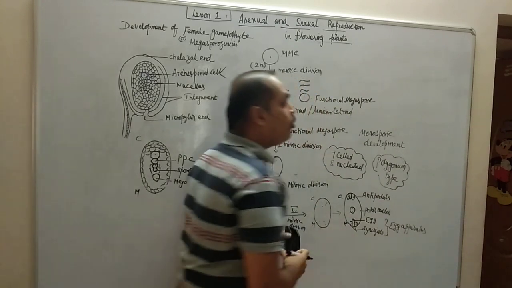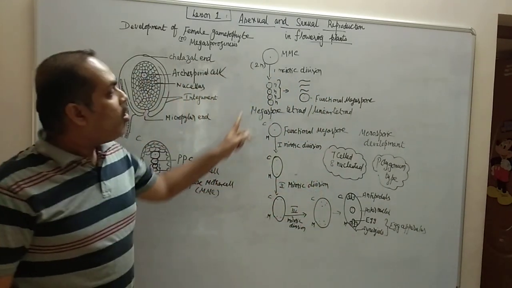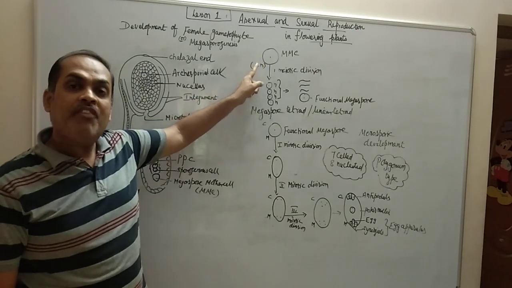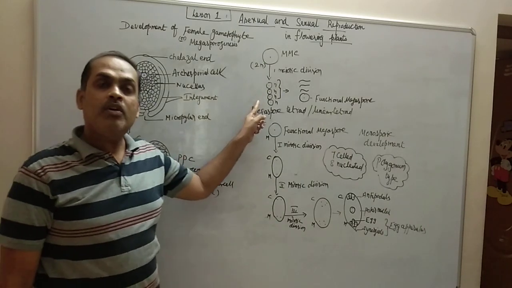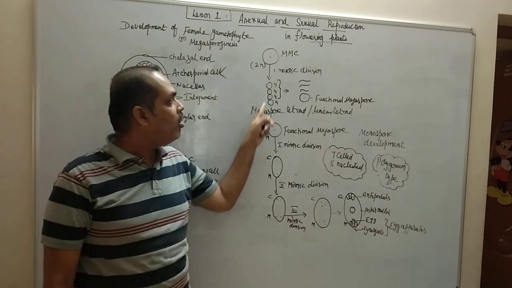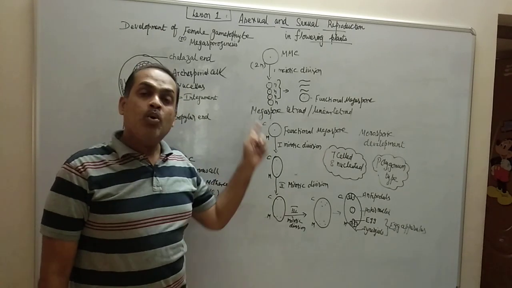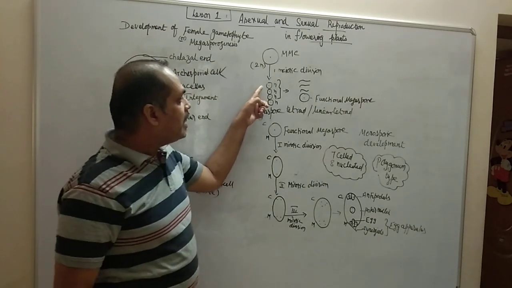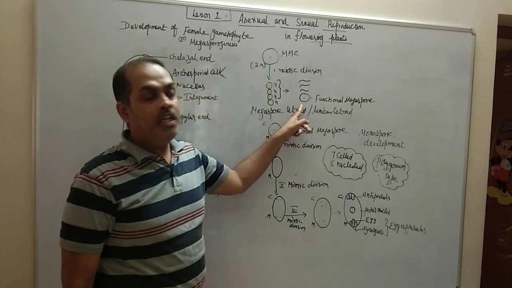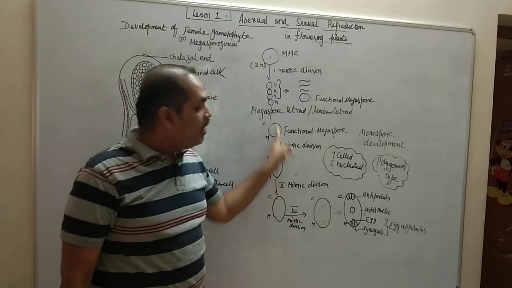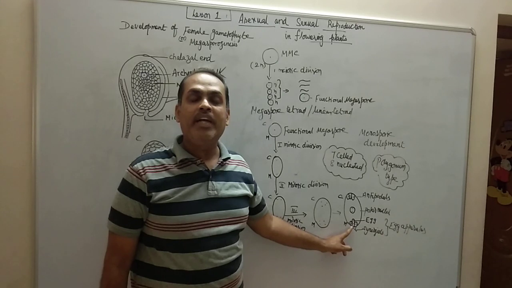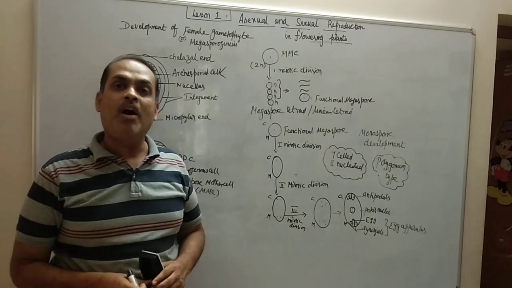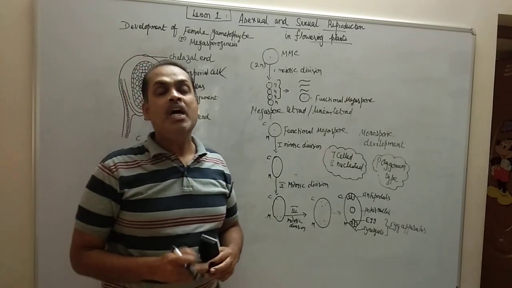Now, what is the meaning of monosporic development of embryo sac? We saw in the beginning that one diploid megaspore mother cell, after undergoing meiosis, produced 4 haploid megaspores, that is the linear tetrad. All are haploid cells, the megaspore tetrad. Out of the 4 linear megaspores formed, 3 get disintegrated and only 1 remains functional. So from this one functional megaspore, this embryo sac is developed. That is why it is called monosporic development. If only one functional megaspore participates in the formation of the female gametophyte, then it is called monosporic development.